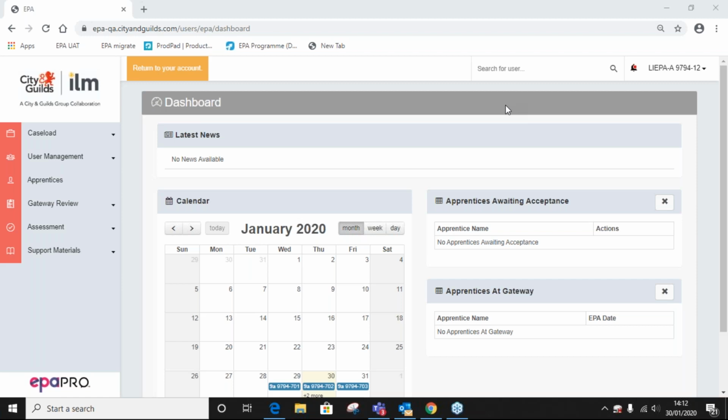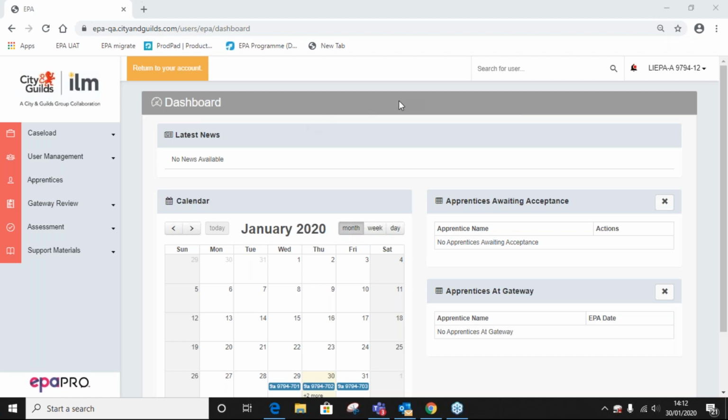As a LIEPA, as you will see in front of you, this is your landing page or your dashboard. I think it's important to point out that each dashboard or landing page, whichever one you want to call it, mirrors each other. So for yourselves as LIEPAs, the IEPA dashboard will be very, very similar. The only options that you will have where an IEPA won't are the quality assurance tab and the certification. So let's get started.